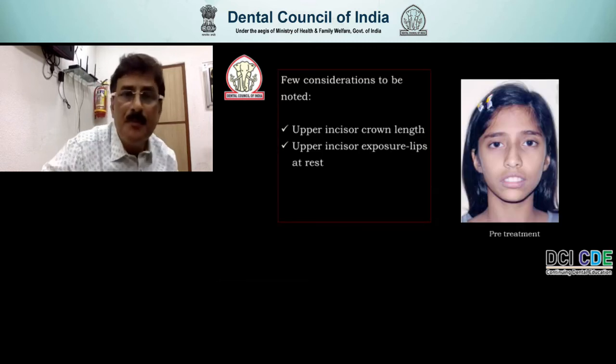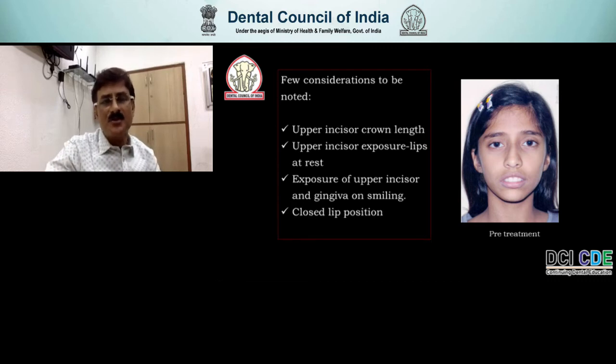Now, the upper lip is a dynamic structure which varies to great degrees in smiling, speaking, and other functions. So we must be careful not just to determine the static relationship, but also its relationship with the dentition on animation, that is, on smile. So you must take care of the upper incisor crown length, and analyze upper incisor exposure at rest and on animation, that's on smile, exposure of the upper incisor and gingiva on smiling, and in closed lip